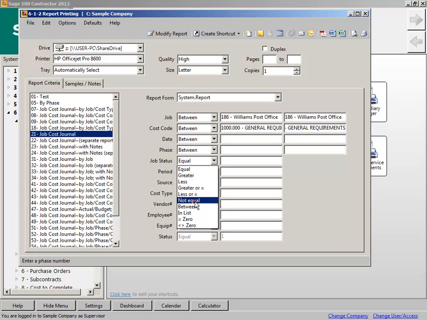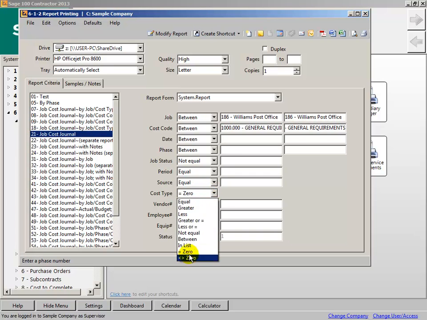We also have a not equal to. Sometimes that's important for us. It's either equal to 0 or not equal to 0. Again, sometimes that's important. So if we have a job status not equal to 0, then it's going to display all of them. Maybe that's not a good deal here. So we want, let's say, a cost type equal to 0 or not equal to 0. The last one we want to examine here is, and this is particularly useful if we are looking for